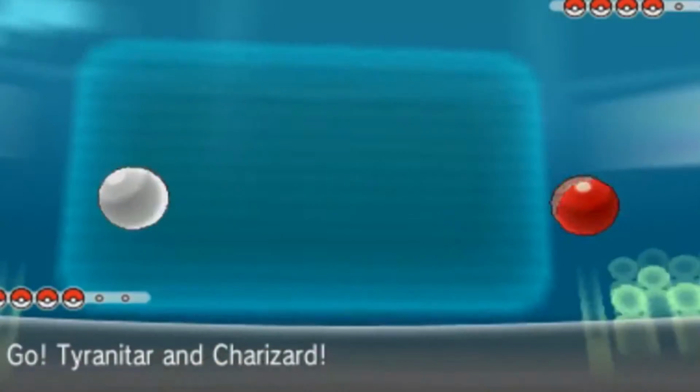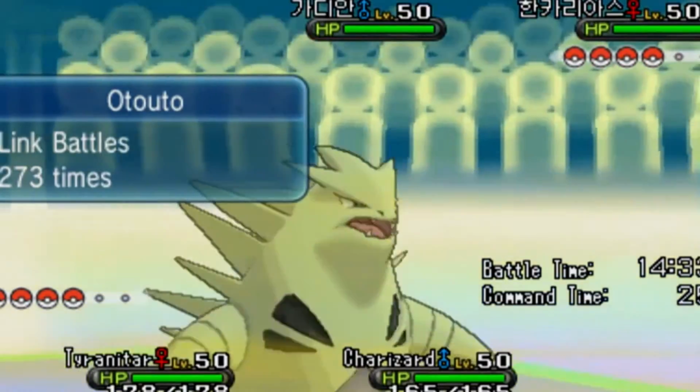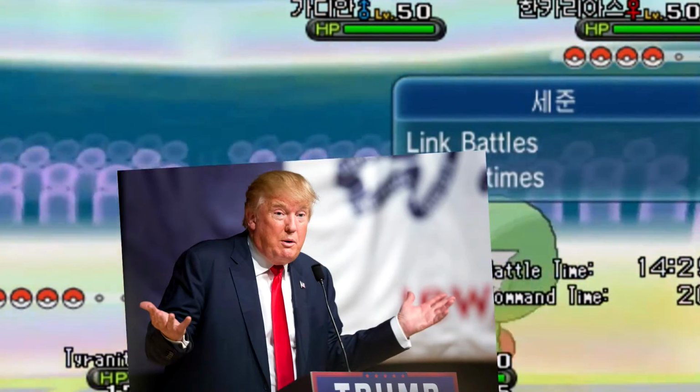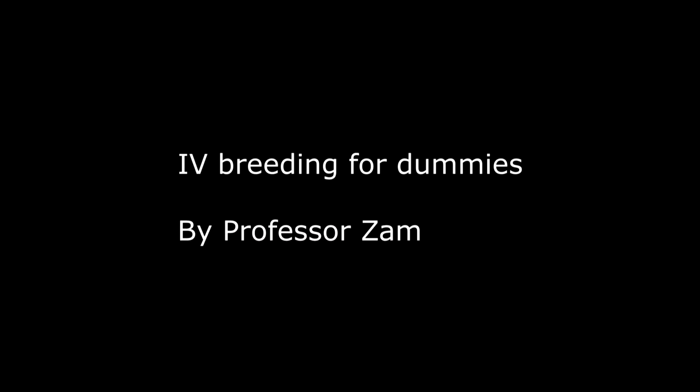Most of the time you want a Pokemon to have perfect IVs in every single stat just so you have that backup defense or speed so you can be the absolute best you can be. Now how do you get perfect IVs on a Pokemon, you ask? Well, let's ask Professor Zam. Well, I'm glad you asked. It's just as simple as